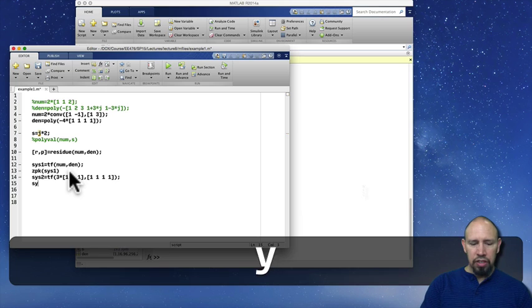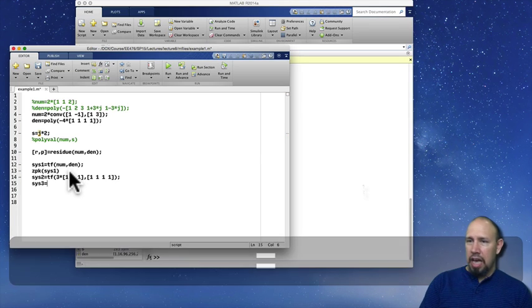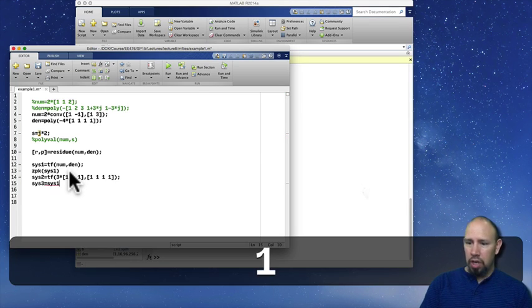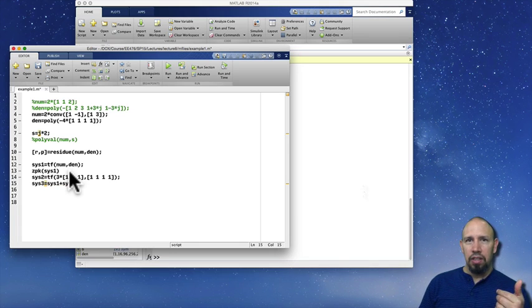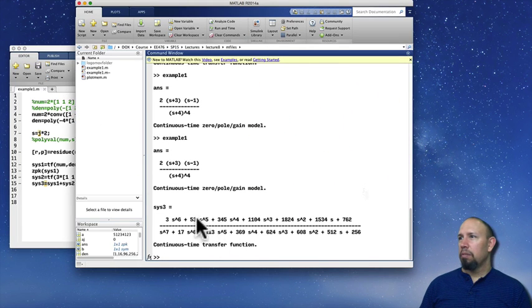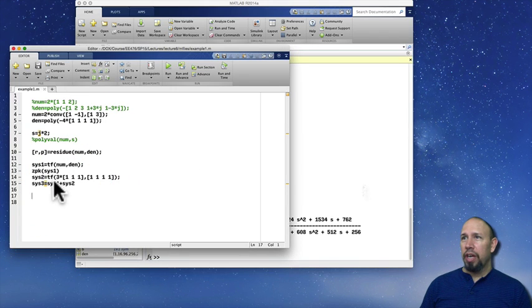I'm going to define now sys3 as sys1 plus sys2. So sys1 is a transfer function, and I can do transfer function algebra. This is a fraction, this is a fraction, and it's going to add the two fractions. So let's see what happens when we do that. Boom. Notice again, by default, it puts everything into expanded form. So I could do